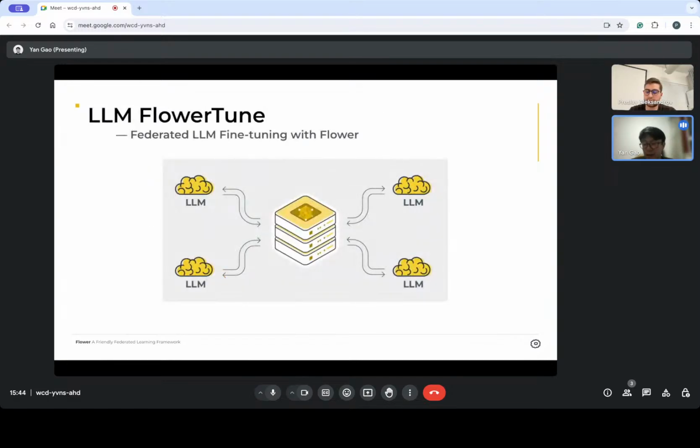To do federated LLM fine-tuning, we now have FlowerTune, which makes it very easy. Specifically, it allows LLM fine-tuning to happen locally, and then only the LoRA-related parameters are sent to the server for aggregation, which are typically less than 100 megabytes. This also makes the message transmission very efficient.